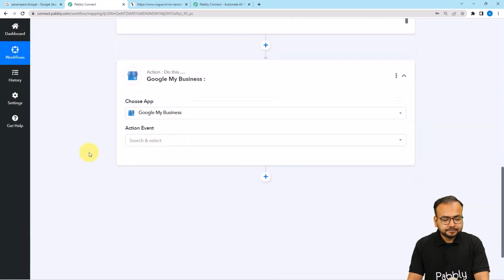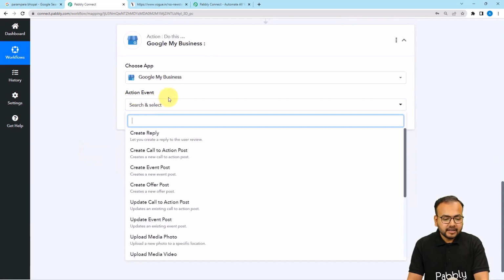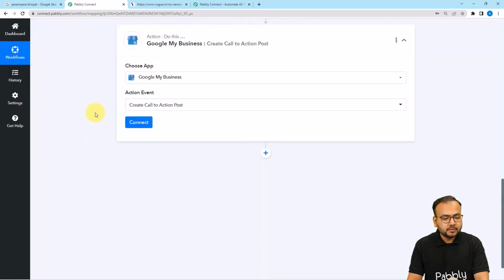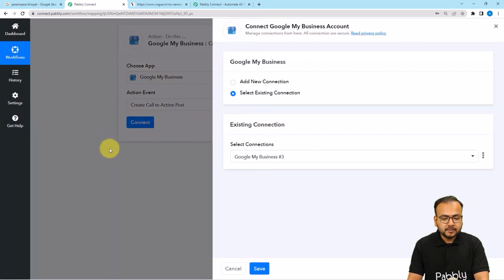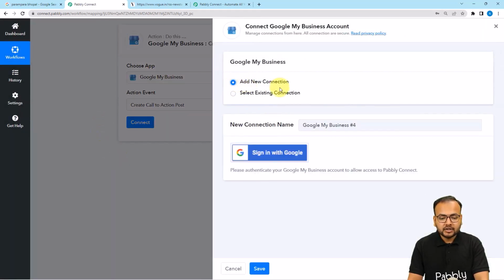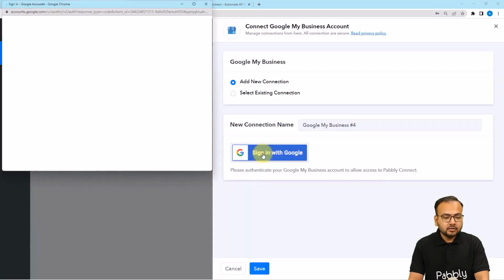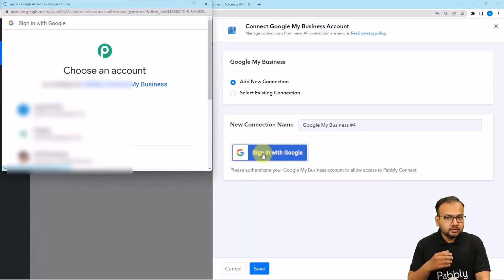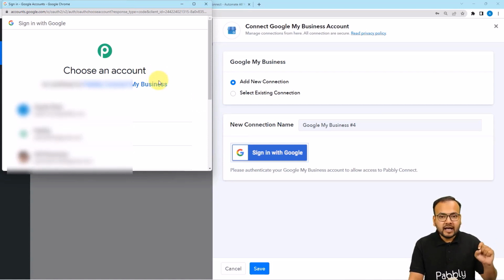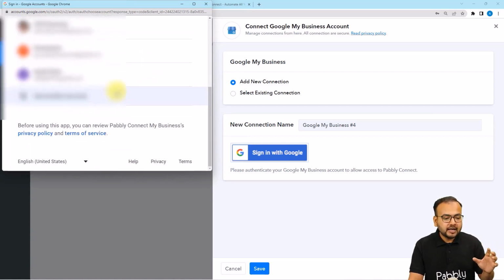Select it, then select the action event as create a call to action post. Okay, create call to action post, then click on connect button. From here select add new connection, then click on sign in with Google. So it might bring you to the sign in window if you're not signed in, but I have already signed in, so it is just asking me to select the Google account by which I have created that page. So select the account,